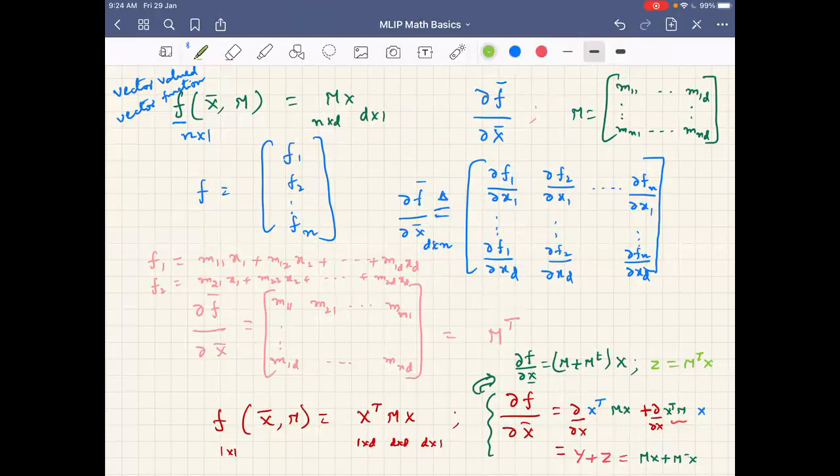Okay. See, it's a partial derivative, right? So what we did, if there are two variables, which are functions of X, then the first variable we will first differentiate, keeping the second one constant. And the second time, we differentiate the second variable, keeping the rest constant. That's what I'm doing now.